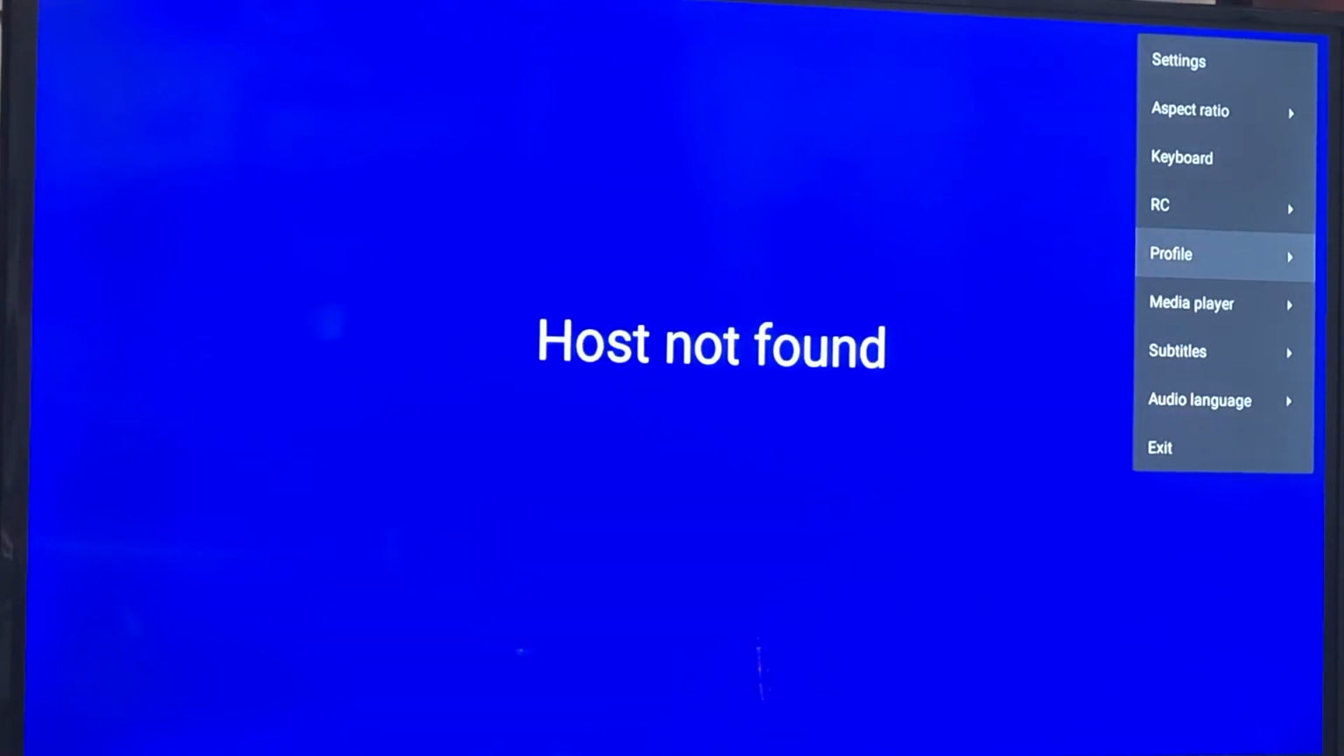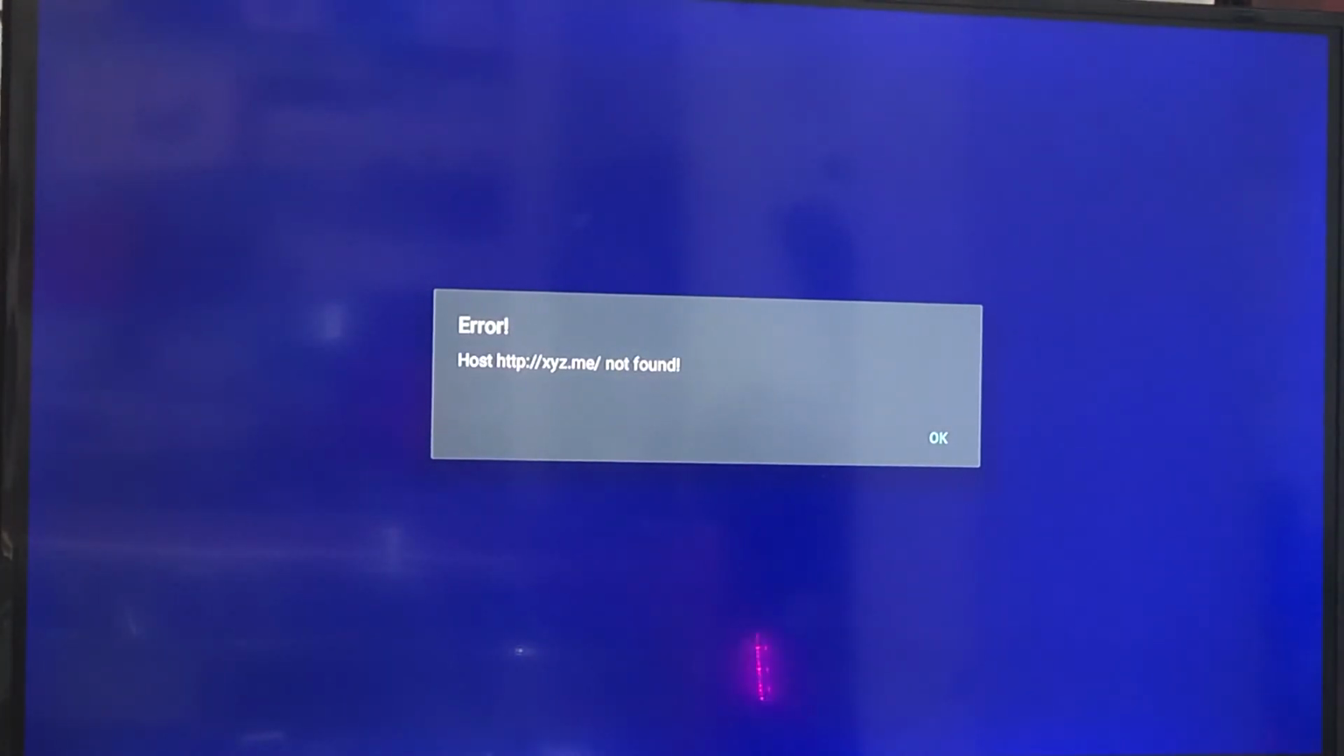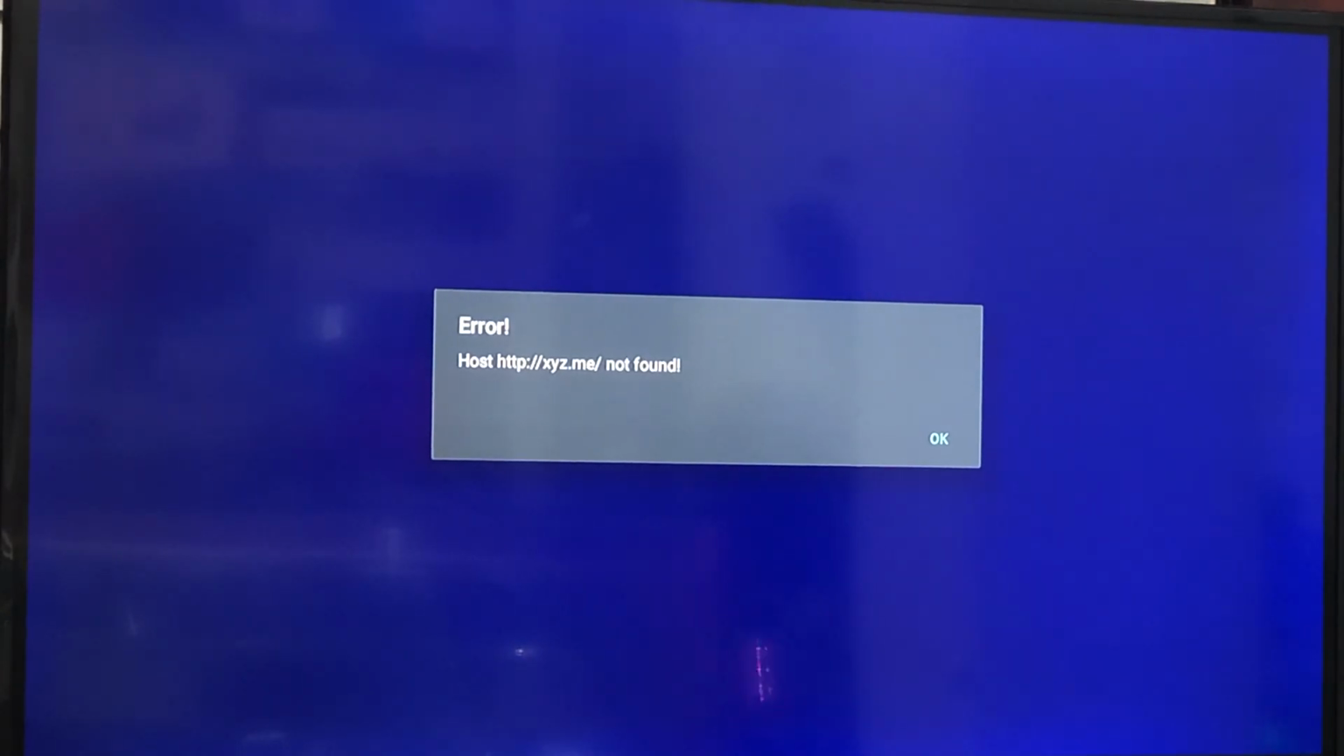Sometimes if your STB emulator is not loading properly, you just press the menu button again, go to profile and select it, and it will again try to reload. Since I haven't put down the exact URL which should be running my service, it's giving me an error. Also, I forgot to mention one thing: whenever you see host not found, it could also mean that your URL is incorrect, or you have a connection error with your internet. So please check both things